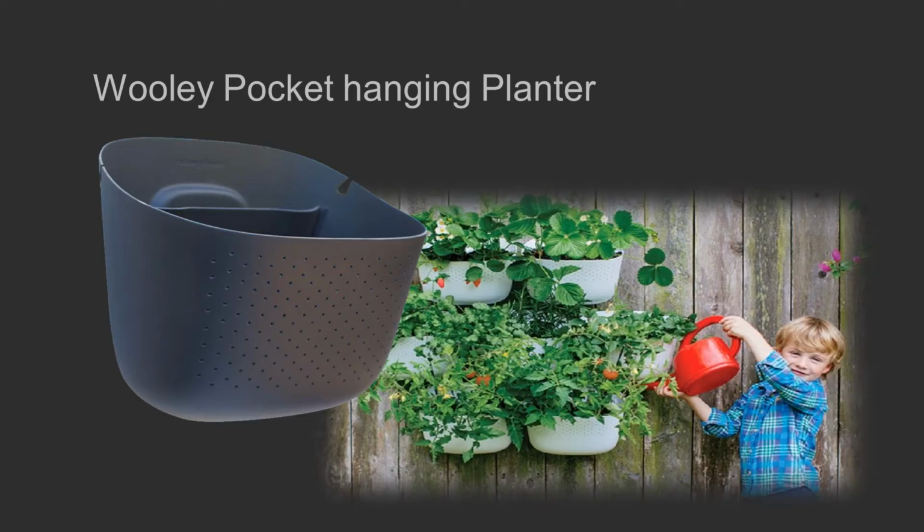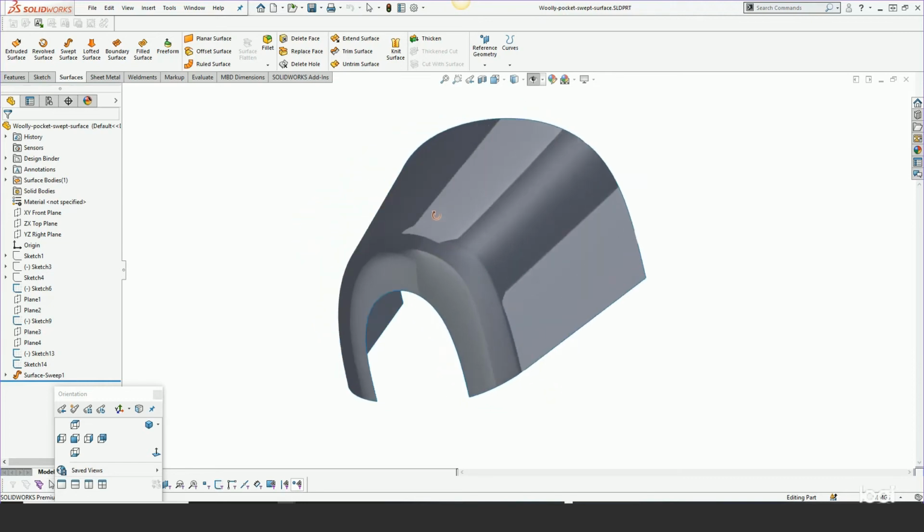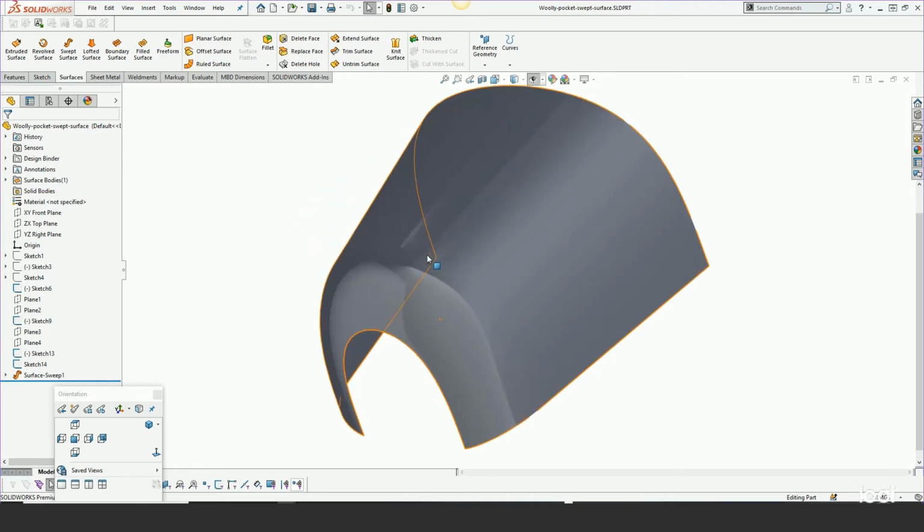It's this product. It's the Woolly Pocket wall planter. It's an indoor and outdoor wall planter that self-irrigates and can be used on fences or walls, either singularly or in combination with others. And if we go back to the SolidWorks model and how this is created, so this